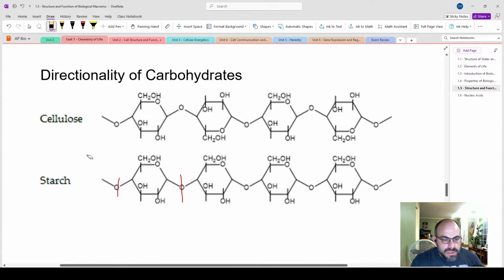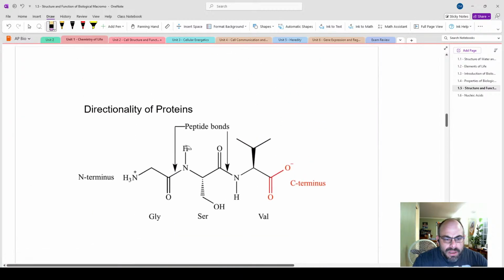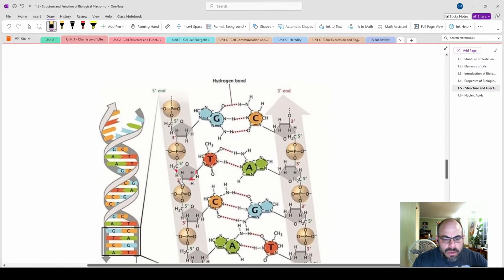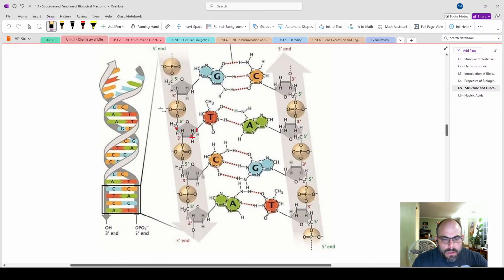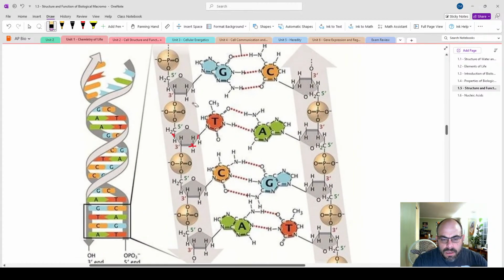And then lipids, I mentioned phospholipids, proteins, nucleic acids. Nucleic acids are kind of their own thing. We're going to spend a whole unit talking about DNA. But one interesting thing about its shape, and we didn't really talk about this, and it's not that important,